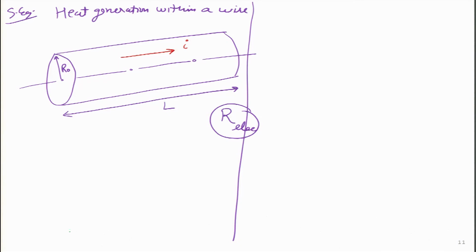So, let me go back to the slide and try to draw that temperature profile. I will draw this wire in the vertical direction now. It is the same wire I am drawing in 2 dimensions, but instead of showing it horizontal, I am now showing it vertical, because heat generation will take place inside over here. How will the temperature distribution look? So, it may look something like this.